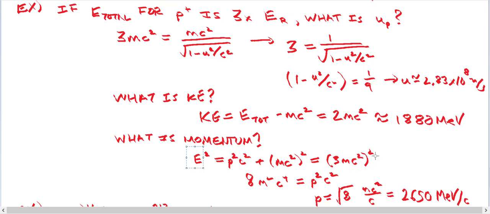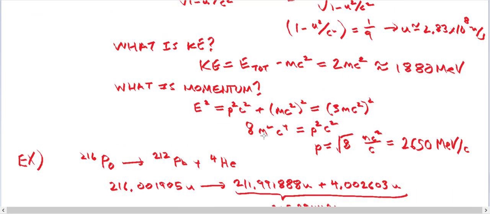So 3mc squared squared is 9 m squared c to the 4. 9 m squared c to the 4 minus 1 m squared c to the 4 is 8 m squared c to the 4,